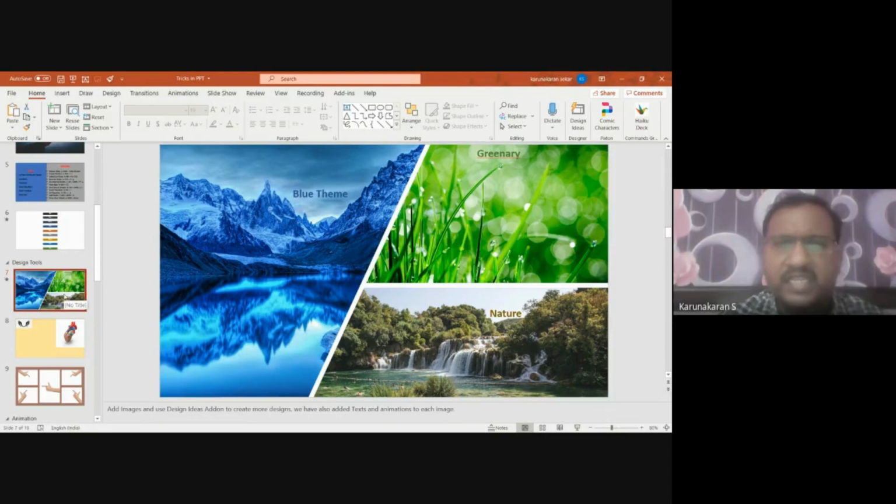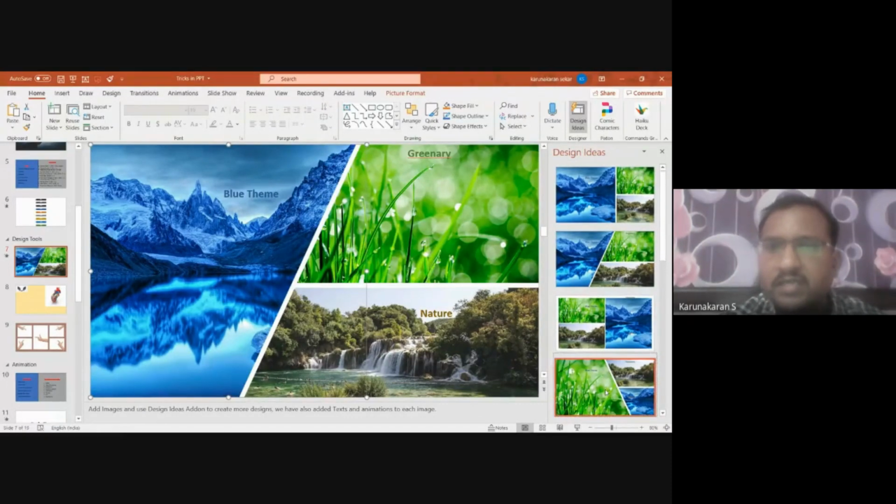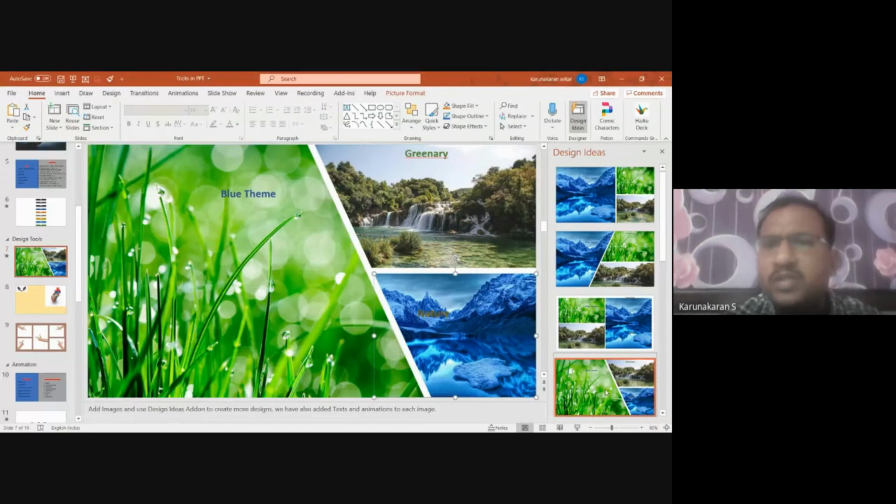So let me take this example. All these are different pictures of different sizes and shapes. But when I have placed them here, how beautiful it looks when I place all these three images, right? It was rearranged for me by this tool called Design Ideas. I have used this tool, you can see it available here. If I want it to happen in a different way, I can use it here in this way. So this is how I can make my picture presentation look better with different pictures in different order.